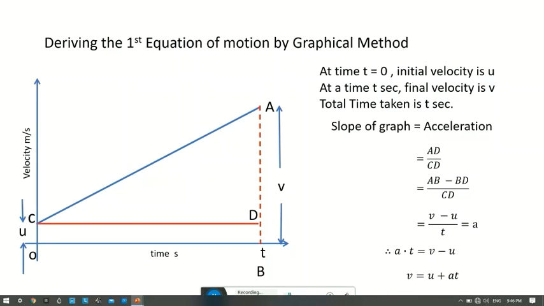Slope of graph. Here, let us try to find slope. We need 2 points, A and C. So slope of graph is equivalent to acceleration, and which is equal to AD upon CD. That means we have to consider triangle ACD,